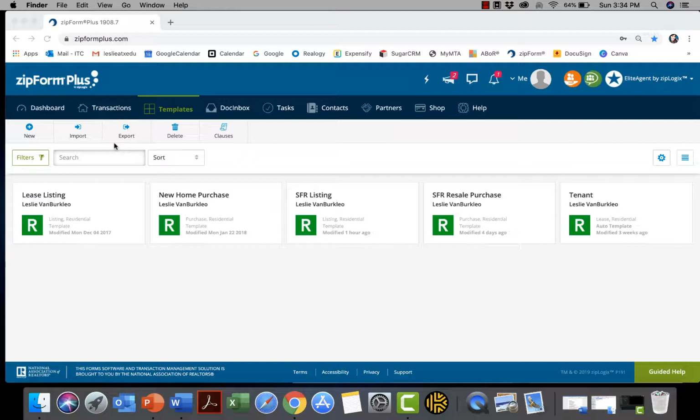So if the broker pays for the broker level edition, when the broker or an authorized individual in the office creates a new template, they would be able to share those templates with the members of their office. If the broker does not have broker level edition, then an agent or designated person in the office could create the templates and then export those templates to a new agent. And in the onboarding process, they are going to show that agent how to import those templates, okay? With the exporting and importing,